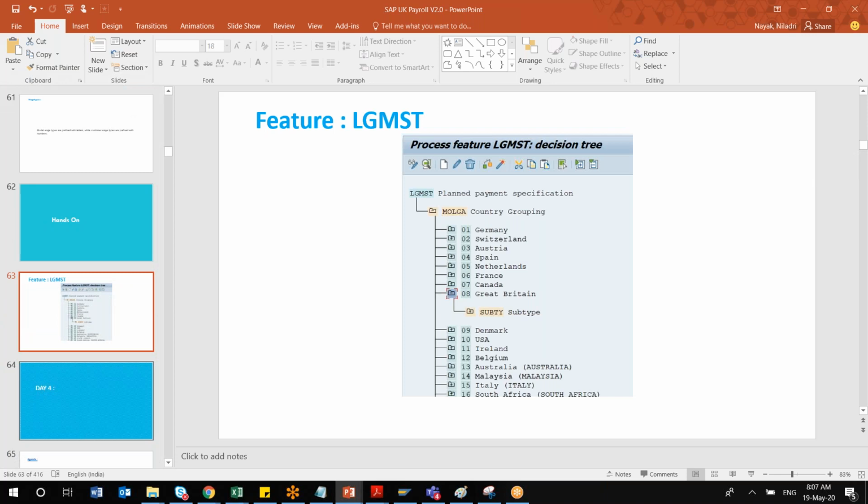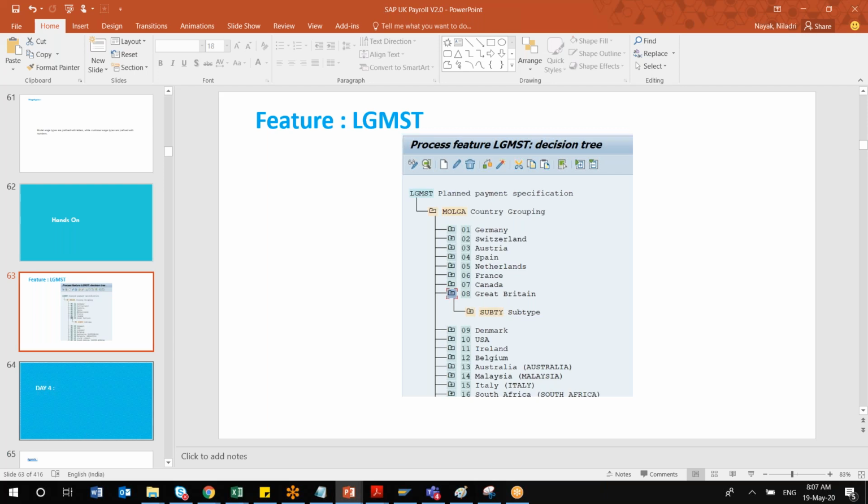But what are the different features available? You're aware of features, right? Can you give me an example of a feature in OM or PA? Actually, for maintaining payroll area ABKRS, we can group it using country grouping. Based on the country, we can group whatever the payroll area. Correct. You told a very nice feature. That is one of the key features. ABKRS is one of the key features we use in payroll.